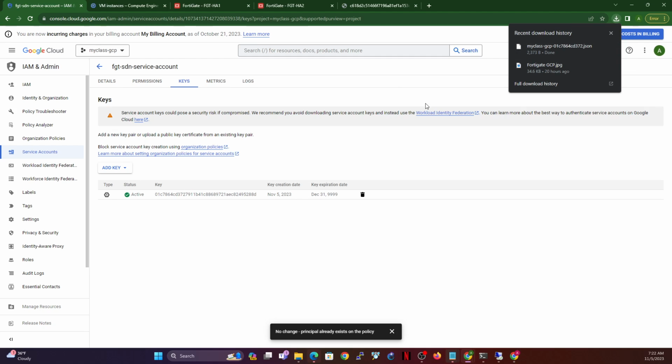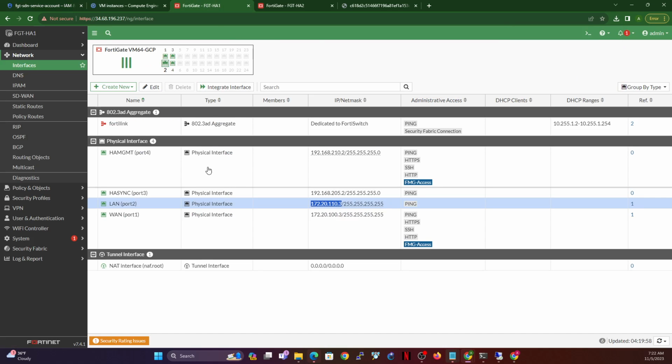All right, so we are done with the service account parts. The next thing we're going to do is configure HA. To configure HA, which is high availability, we'll go back to the FortiGate. We have the FortiGate open already, and now we begin to configure the HA. You could configure the HA